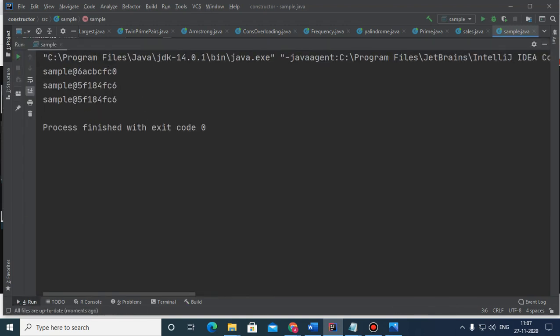You can see here it is the address of obj1 in the last two lines. So initially this was representing this,